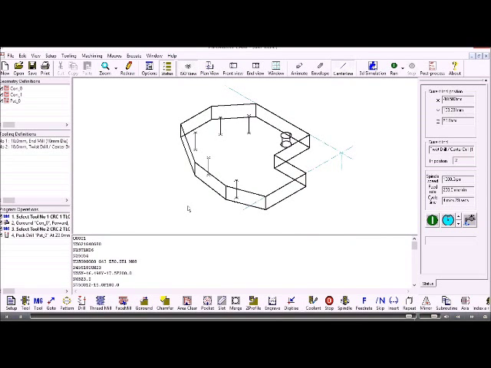Okay, so that has shown us how we can transfer the geometry from the CAD system into machining and produce a simple